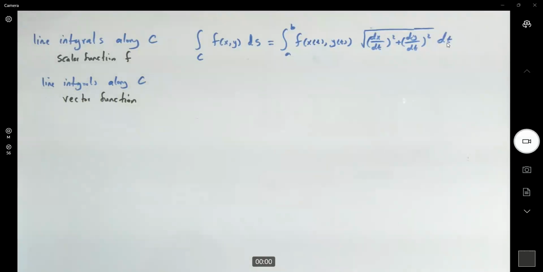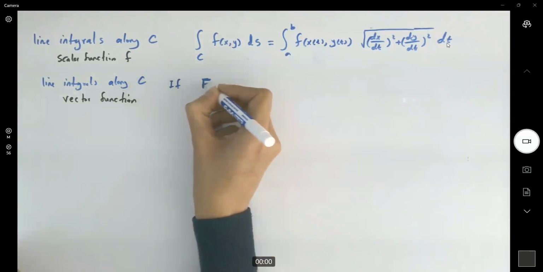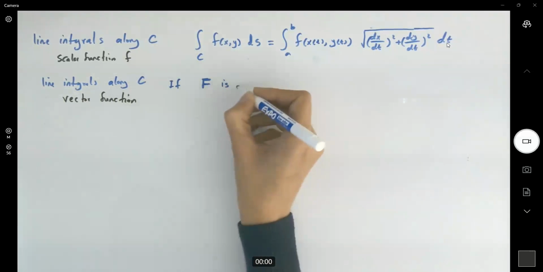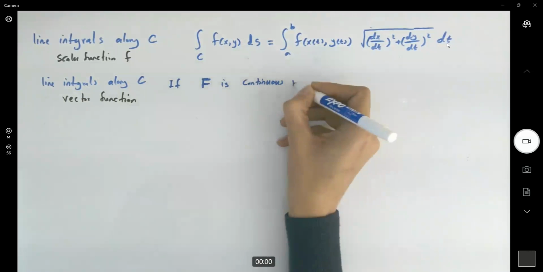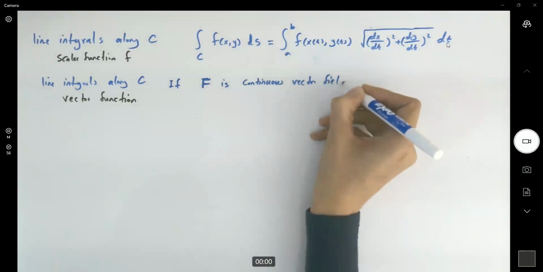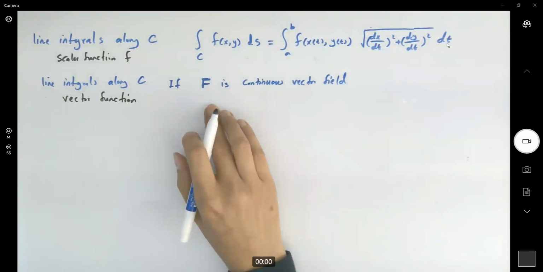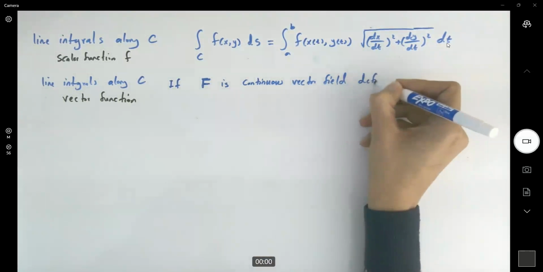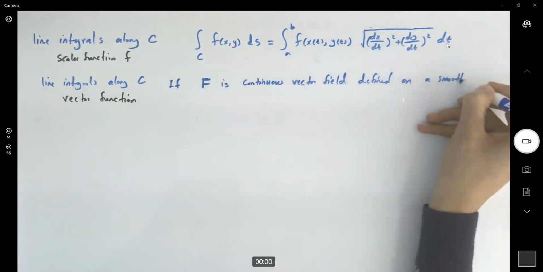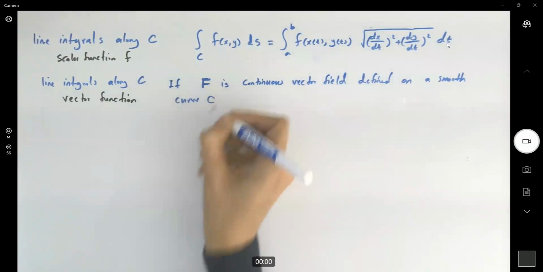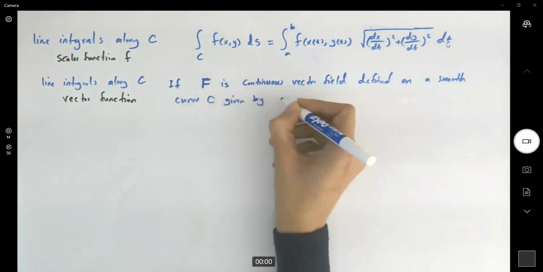Well, in this case, if vector function f, so I'm going to use bolded letter, is a continuous vector field, it means that all of the components for your vector function are all continuous functions defined on a smooth curve C, given by the following vector: